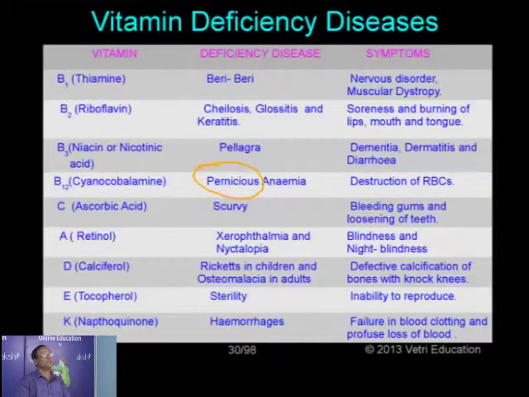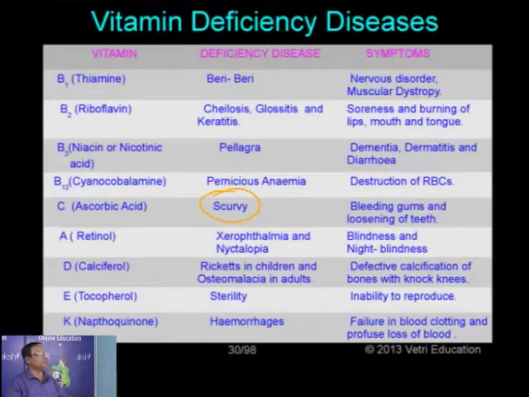Now the vitamin C, ascorbic acid. The chemical name, given inside the bracket, is the chemical name of each vitamin, and this is the trade name of this vitamin, vitamin C, ascorbic acid. Its deficiency causes what is called scurvy. This vitamin is normally responsible for the normal development of the gums.